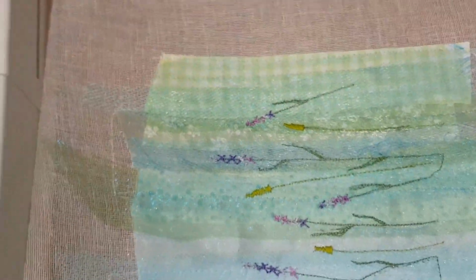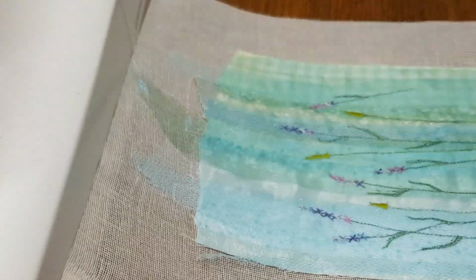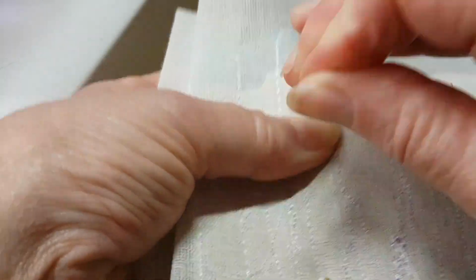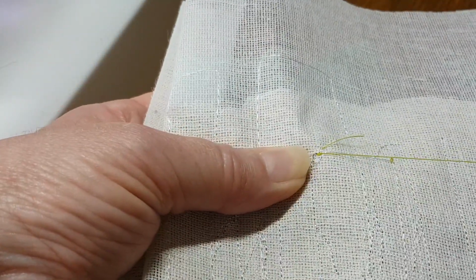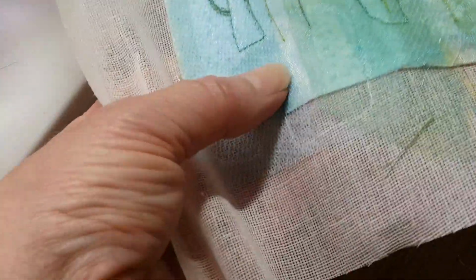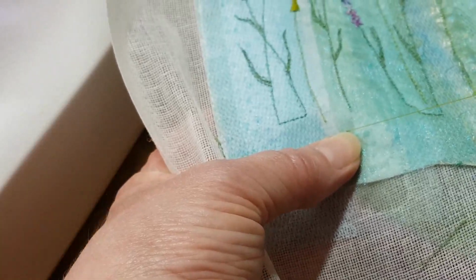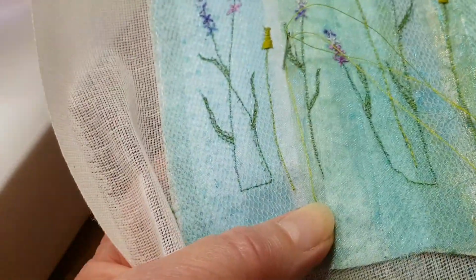Now then, just to finish off, I'm going to use the same colour thread that I've put in a hand sewing needle, and I'm going to just finish by just doing a few strands to give some basic grass, just to thicken up the base of the picture a bit, give a bit more interest. So we just stitch this over a few times to make sure that that's cast on nicely. Then we turn over, and then starting so that we are out of view once the mount will be coming over the top, we pull up, we work out where we want our grass to go, and then we just pop our needle in there